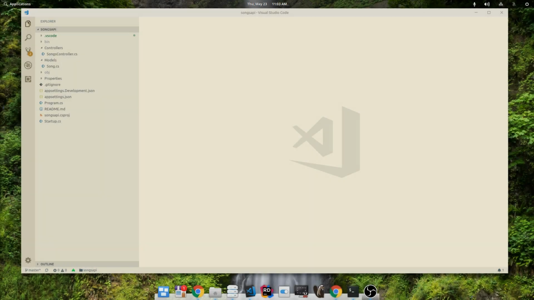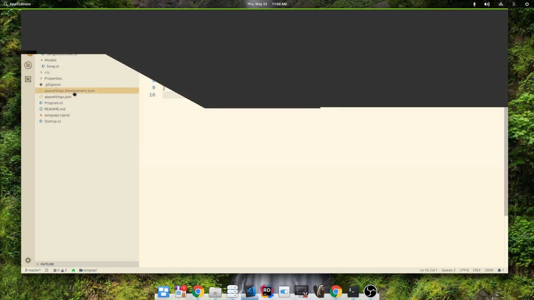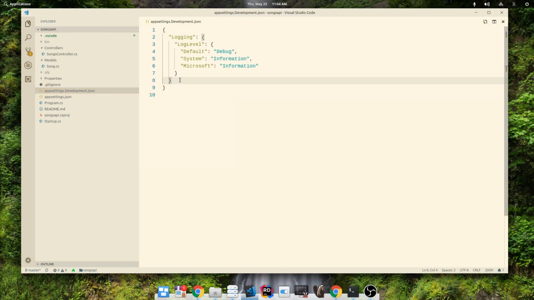Alright, welcome back guys. This is episode 4 in building an ASP.NET Web API. Today we're going to get hooked up with the database so that we can actually pull data from the database instead of just hard coding it into our controller. So let's begin. First we need to go into our app settings and we want to add our connection strings